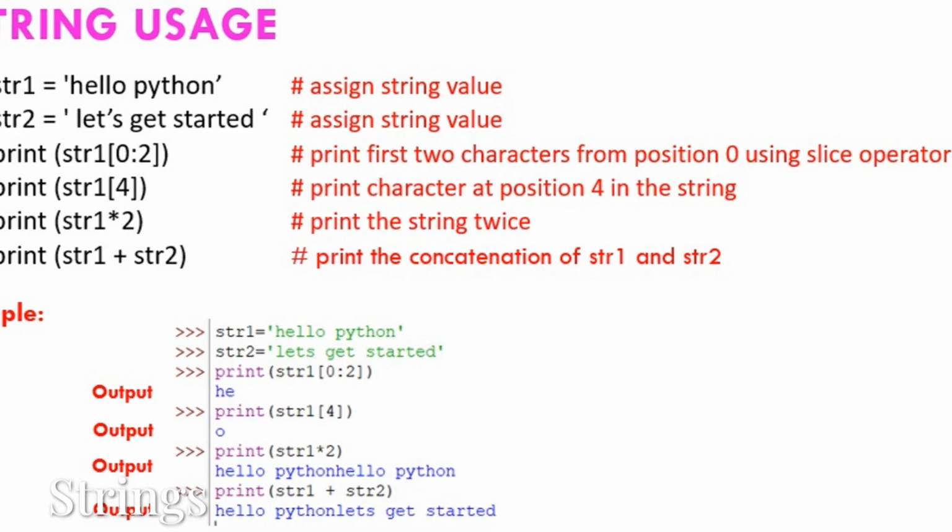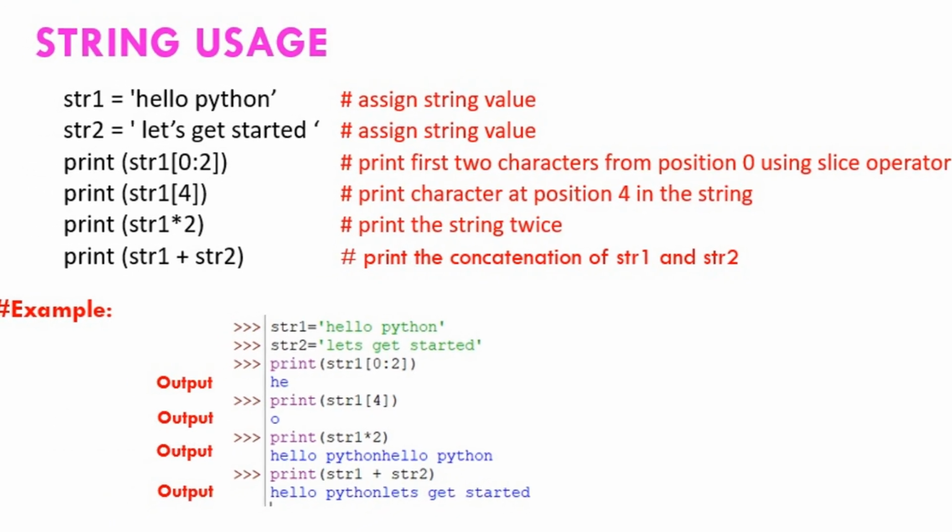Data type, sequence. A sequence is an ordered collection of items, indexed by positive integers starting from the 0th position. It is a combination of mutable and immutable data types. A mutable variable is one whose value may change. The value in an immutable variable may not change. There are 3 types of sequence data types. They are: